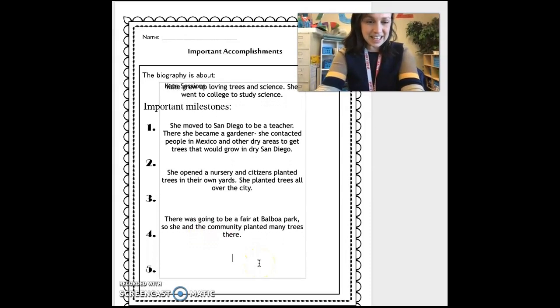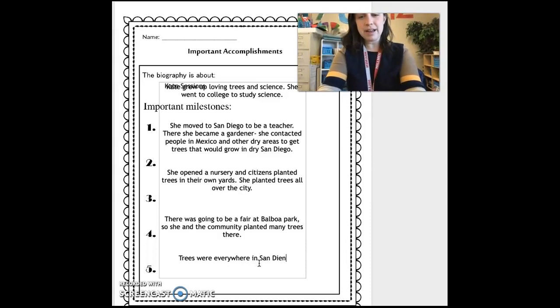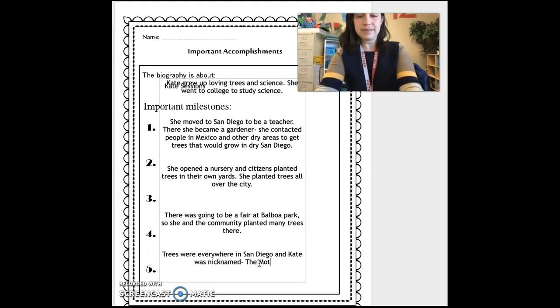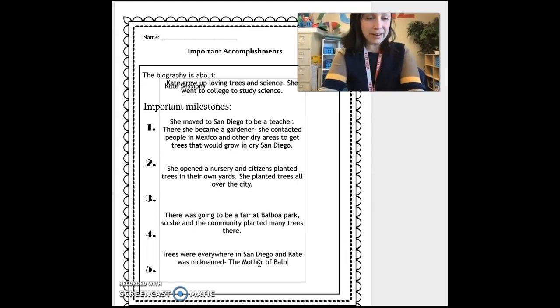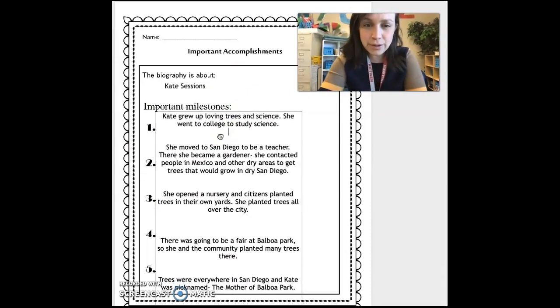And eventually, trees were everywhere in San Diego. And Kate was nicknamed. Do you remember what her nickname was? The mother of Balboa Park. Because she created all of the life that was growing and living there. So that was pretty amazing. Not all of it, but all those trees.